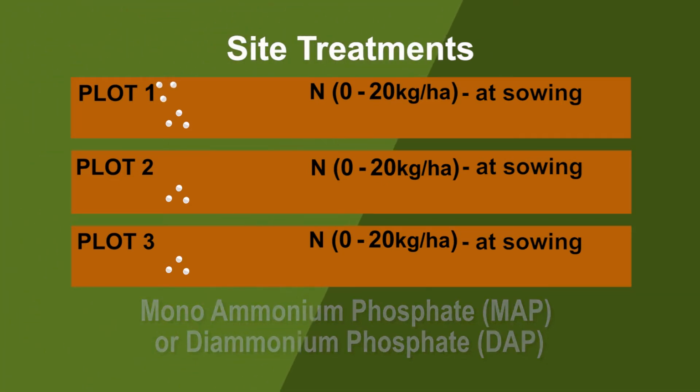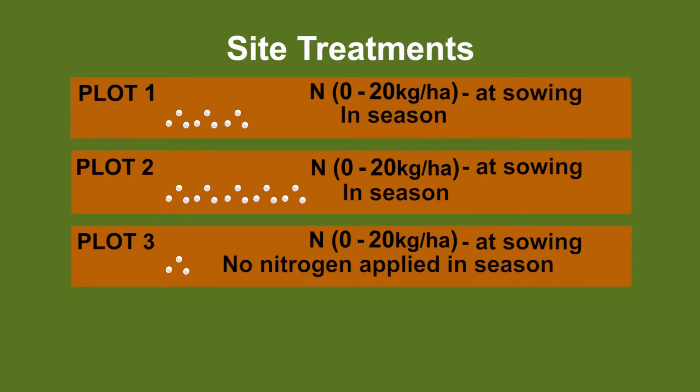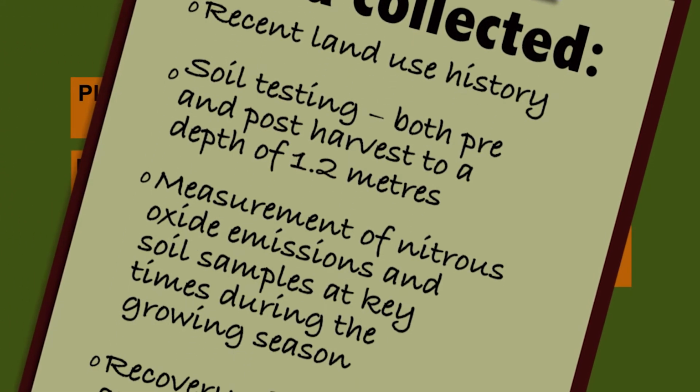Treatments included Plot 1, a standard practice with urea fertiliser top-dressed at mid-tillering. Plot 2, where urea was applied at double the standard practice, and Plot 3, a control which received no additional nitrogen during the season. Data collected at each site included recent land use history, soil testing, both pre and post-harvest